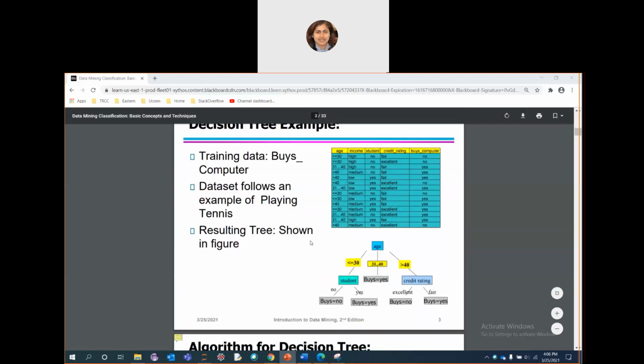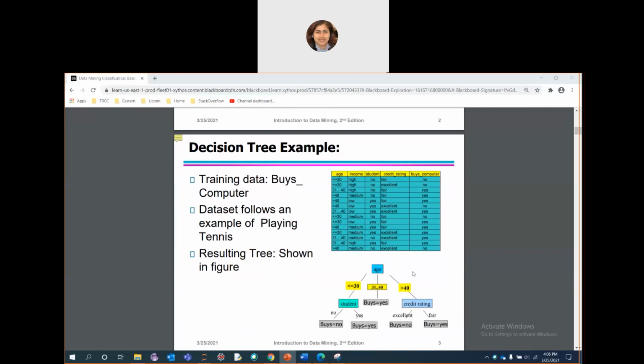Let's see a simple example of the decision tree. So here we have a training data set in this table. We call it buys computer. If you see, there are multiple columns, and in the multiple columns you have multiple attributes, and each of the attributes has various characteristics, and we want to make a decision whether someone will buy a computer or not. And for that decision we have basically two classes, either yes class or no class, and each class is again dependent on certain measures or characteristics.